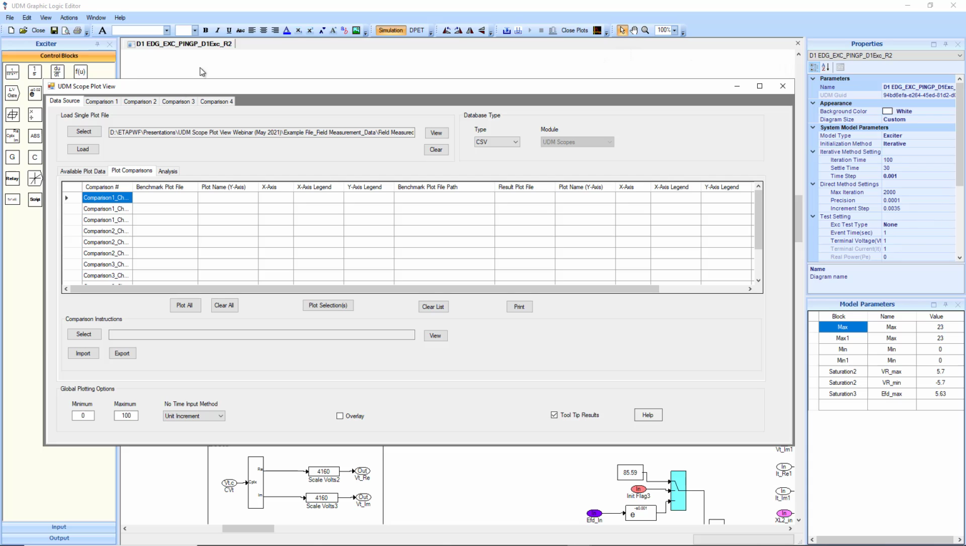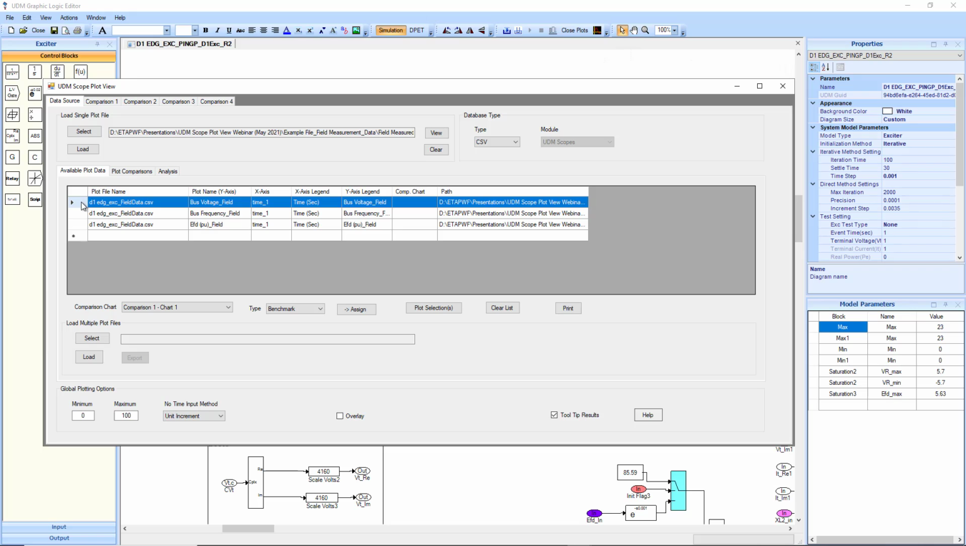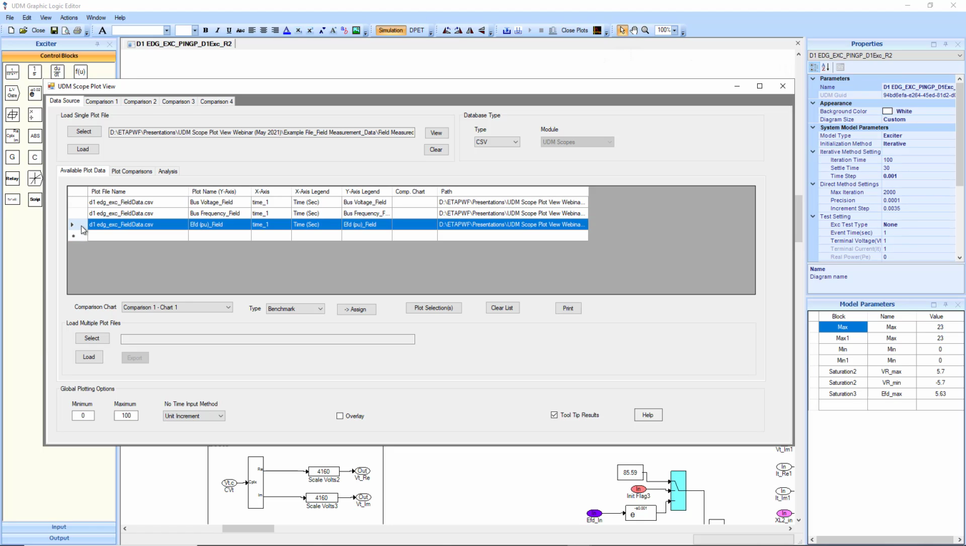And our results are going to be the results generated from the ETAP Transient Stability module from the UDM scopes that we just placed in that UDM model, okay? So let's start first assigning our field measure data as the benchmarks, right? We're going to first assign the field voltage of the exciter of the excitation system as the comparison 1 chart